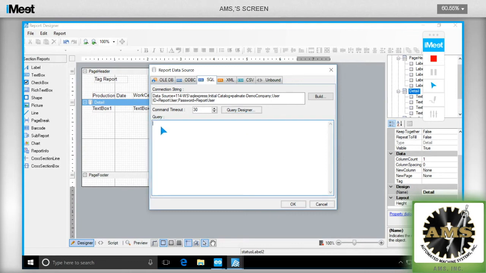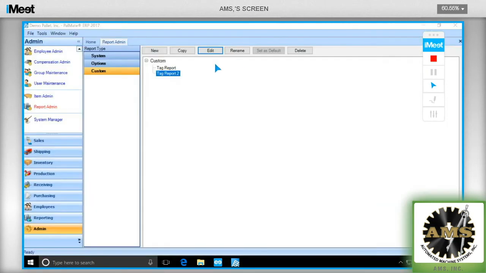And now if I had someone say, yeah, I wrote a query for you, it returns the data you want. In my case, I want a tag report that gives me the production date, the work center, the things that I just showed you previously. Then once I have that query, I would go ahead and pop it in here. So I'm going to go ahead and do that. So I have on my desktop,